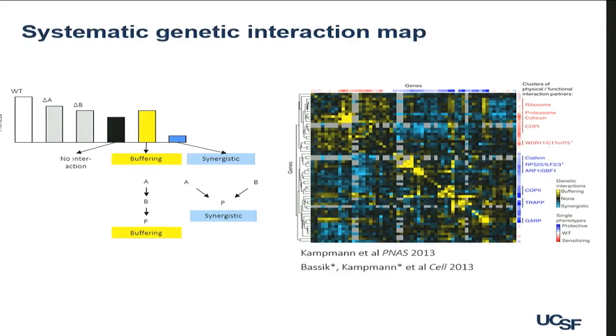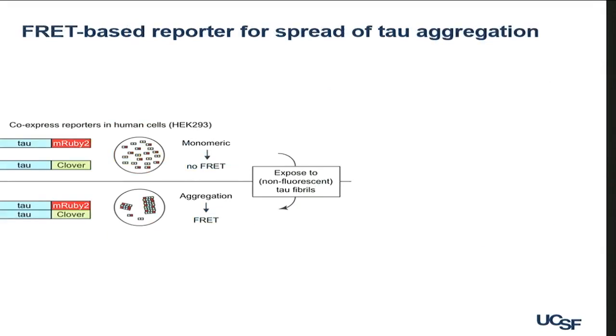Again, it's published work, and I don't have the time to go into much detail. How do we apply it in this project? So the first thing we did when we were funded by the Allen Foundation was to establish a cell-based reporter for tau aggregation and tau propagation that we could use in genome-wide screens like this. And the first work was all done in HEK293 cells, although as I won't have time to show you today, we are now building this in iPSC-derived neurons, and we have the whole CRISPRi system running there as well, and just conducting a first pilot screen.